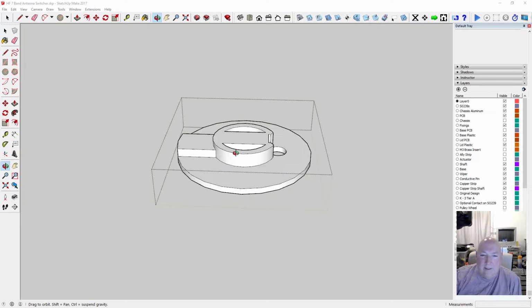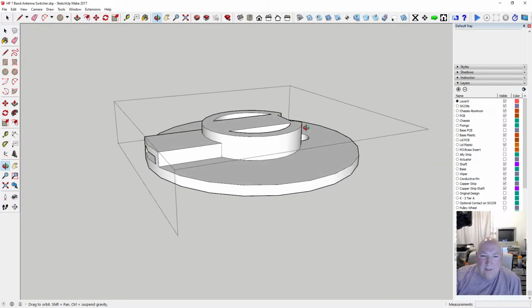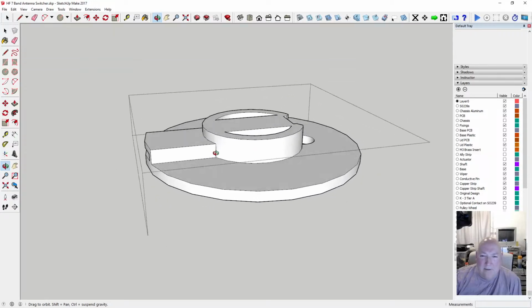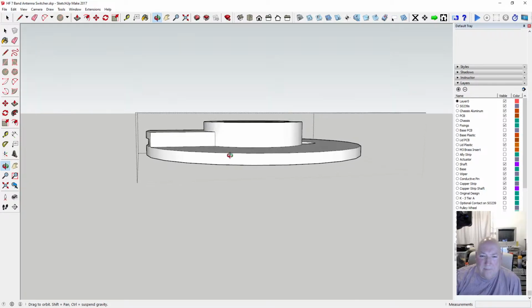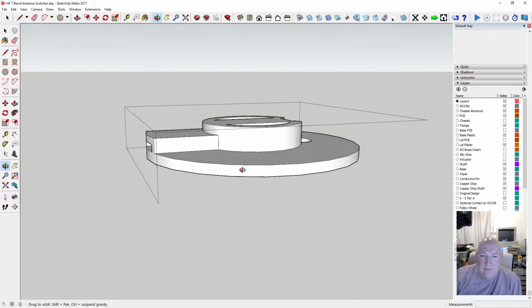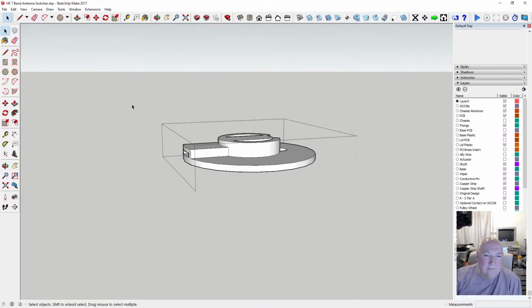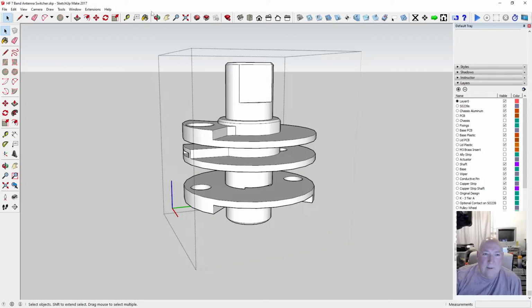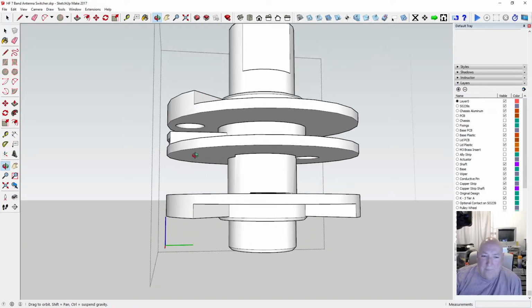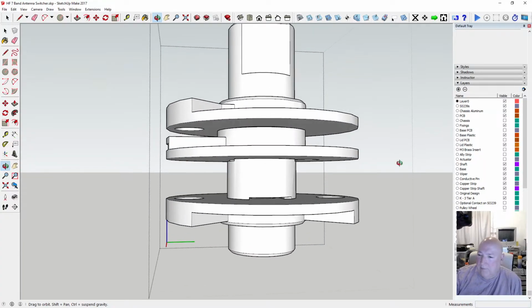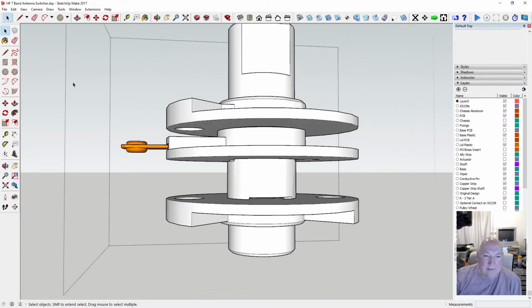So yeah, I wanted to turn this upside down. It doesn't matter which way it goes, this one. So if I just flip it, because what I'm trying to do is get a wider space here for the cable stroke, whatever it is.